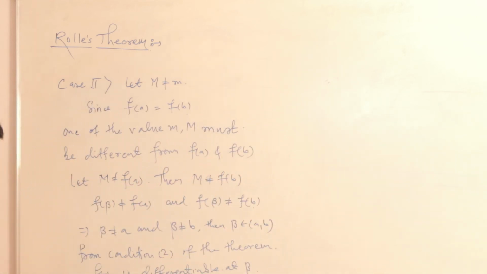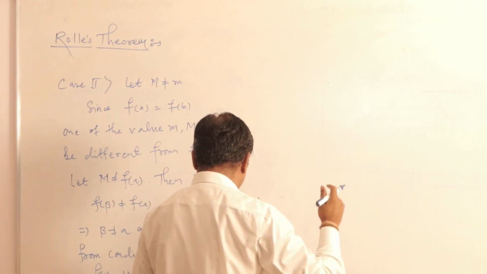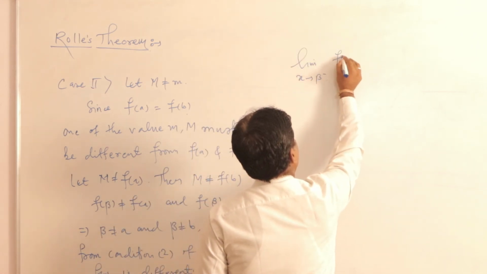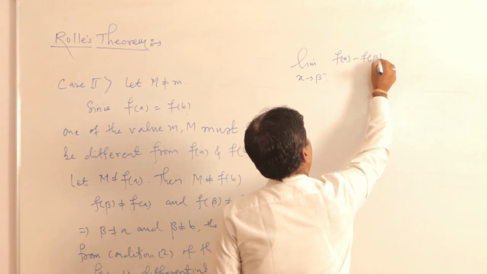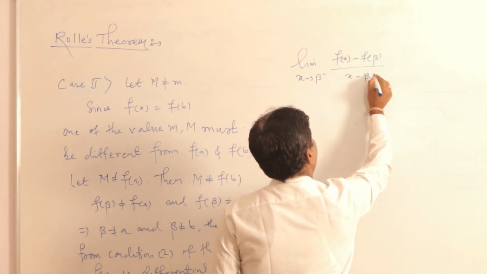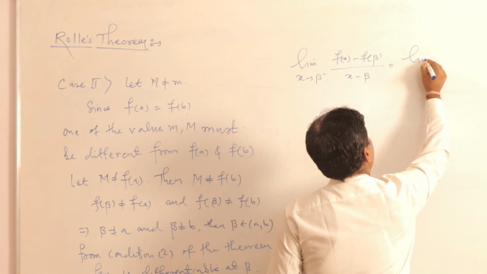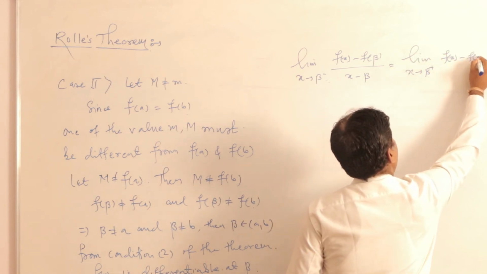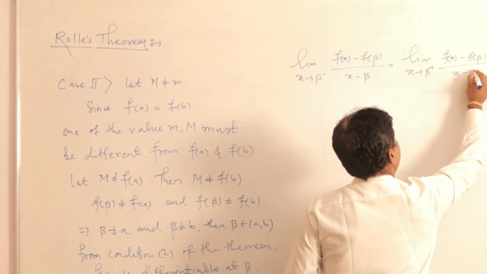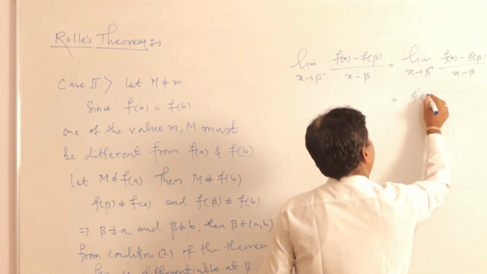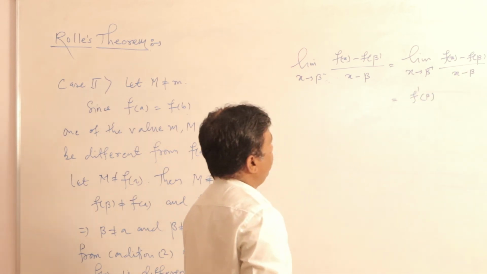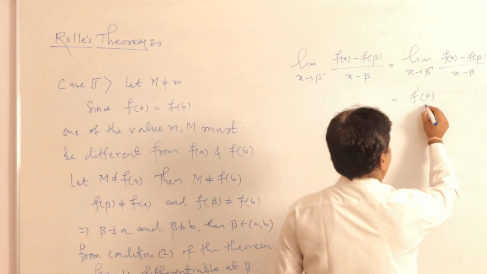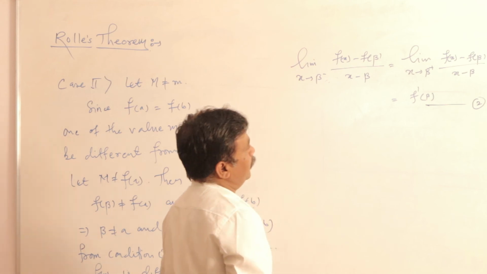Then by definition of differentiability at a point, limit of x tends to beta minus of f of x minus f of beta upon x minus beta is equal to limit of x tends to beta plus of f of x minus f of beta upon x minus beta is equal to f dash of beta. This is equation number 2. But from equation 1